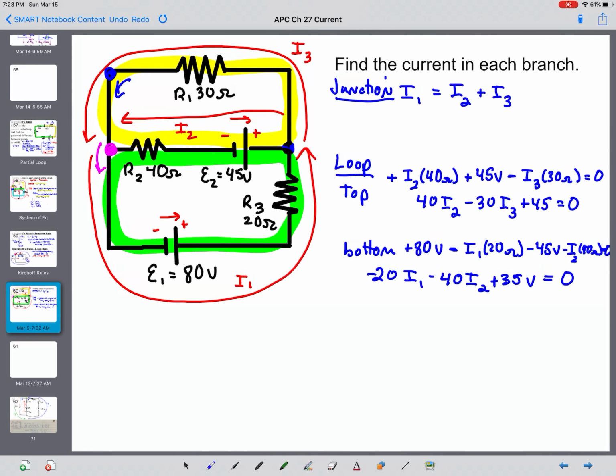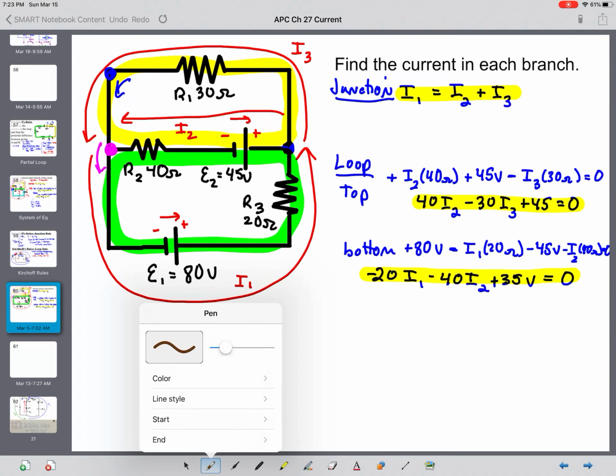So now we've got three equations. Right here, right there, and right here. So again, to be able to solve this down, we would plug this into the calculator. You can also solve it down doing graphing, substitution, something like that. Those methods are going to take you longer. Plug it into your calculator and solve down. So then when we solve this down,